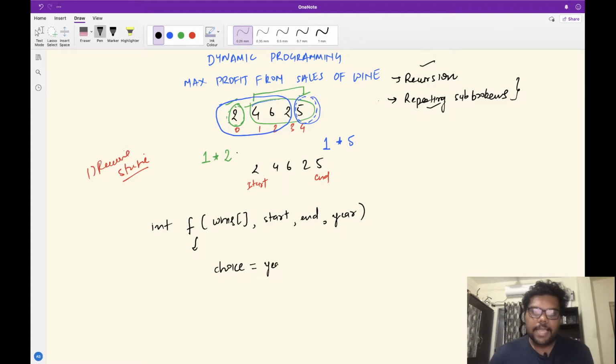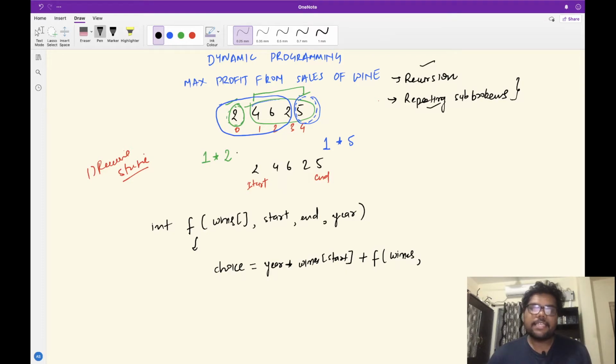So we'll multiply year into wines at start. This will be the contribution of the choice that I have made, plus it will be added to the rest of the subproblem, and I'll delegate that responsibility to my recursion only. Recursion, please go and calculate the answer for the remaining problem.